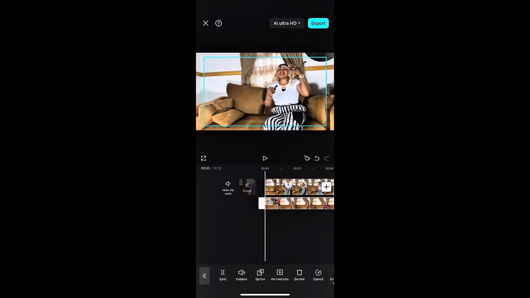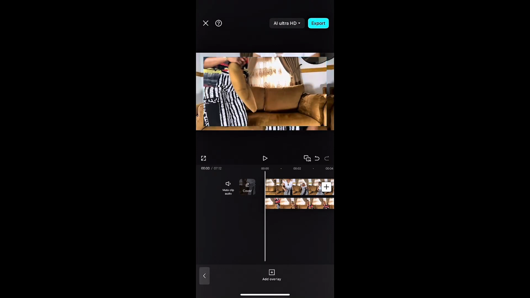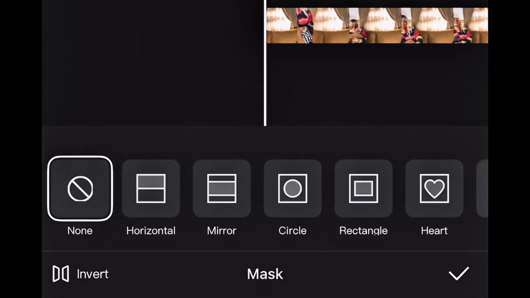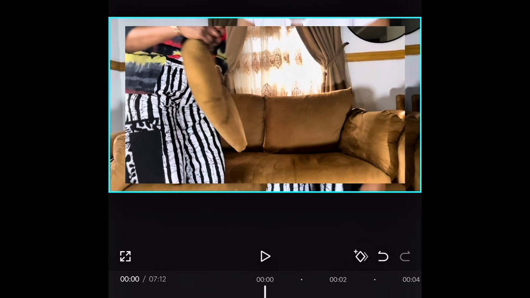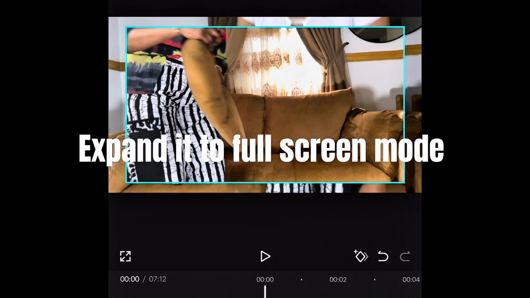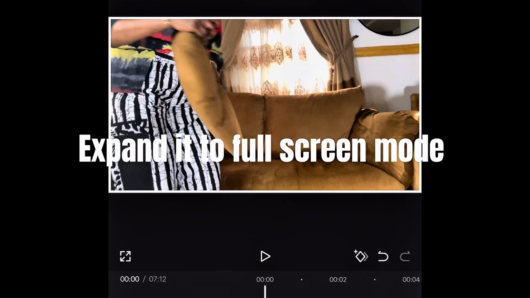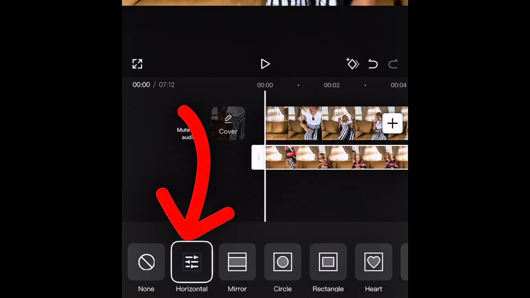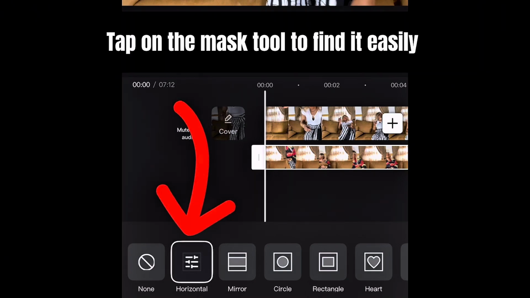To make it easier, we have the clone A and the clone B, right? So I'll pick the clone B, then scroll to find the tool called Mask, then tap it. Then the clone A is the one behind, the clone B is the one in front. I will use the clone B to cover the clone A. Then I will click on horizontal. Once I click on horizontal,